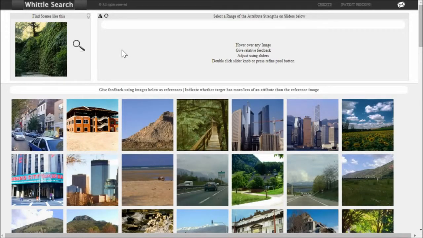This is the WhittleSearch interface. In the top left here is the suggested image finder. Its purpose is to give you something to search for while playing with the demo. In a real scenario, users will already have some concept in mind that they are searching for, and you wouldn't need a suggested image. So in this first demo, I will turn this off